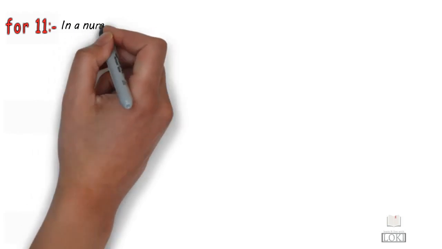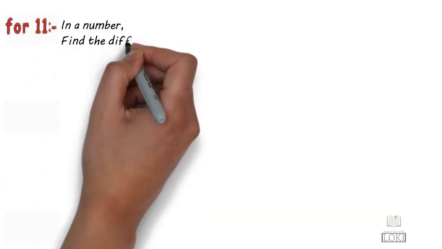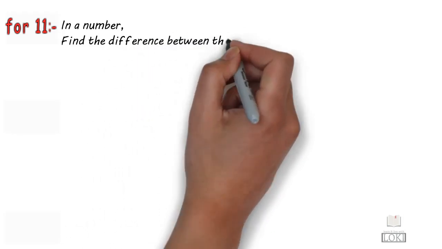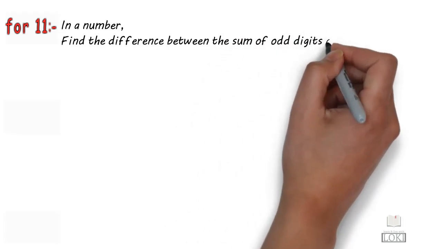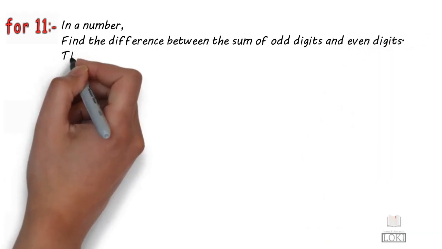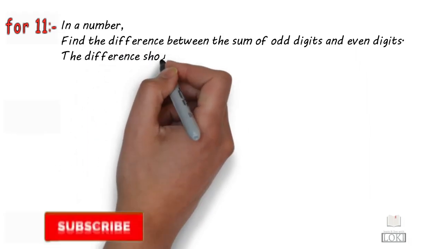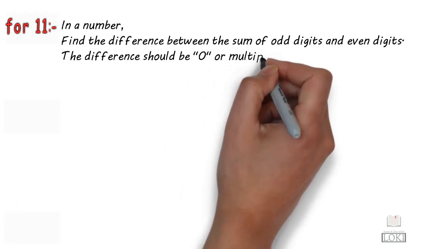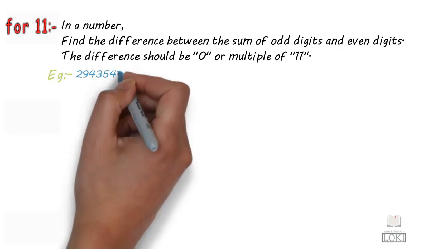The divisibility rule is we need to find the difference between the sum of its digits in odd places and the sum of its digits in even places. After finding the difference, if the difference is a multiple of 11 or 0, we can say that the number is divisible by 11. No matter how big the number is, we just need to find the difference between the sum of its digits in odd places and even places. So let's see an example now for better understanding.